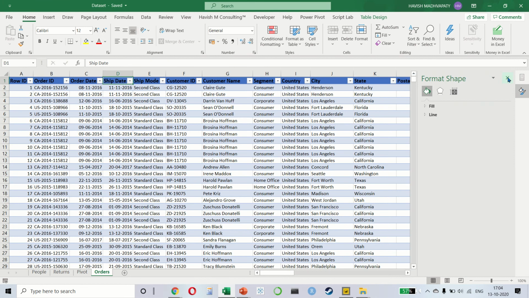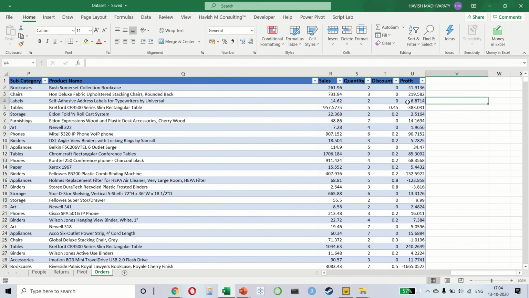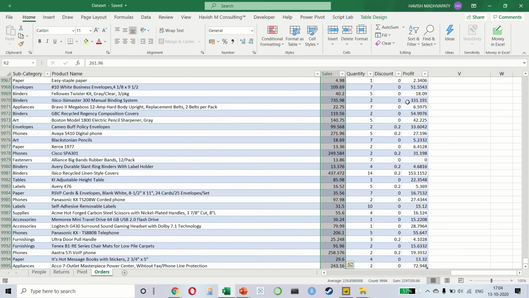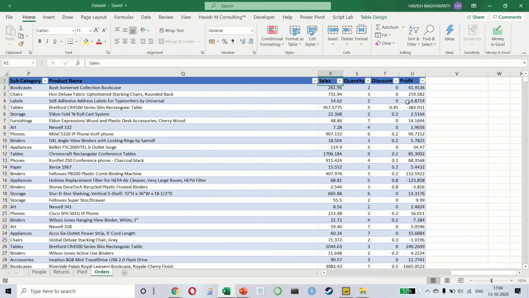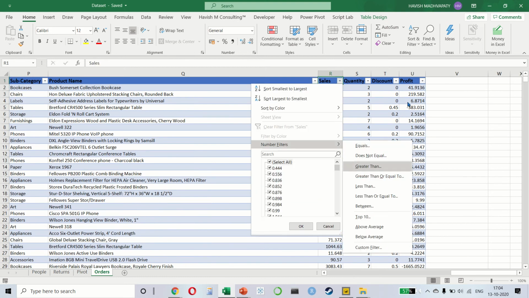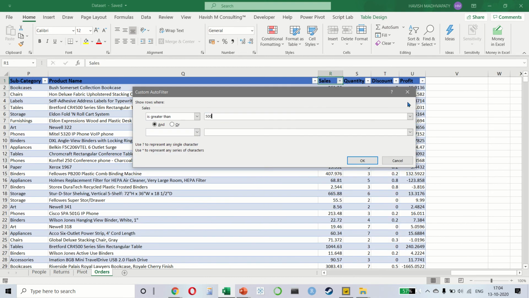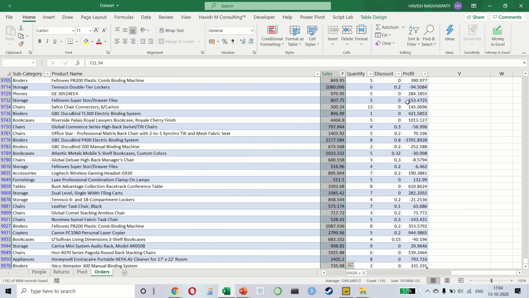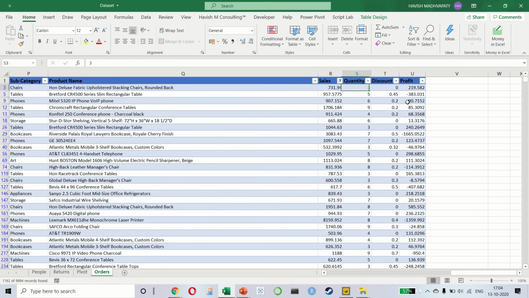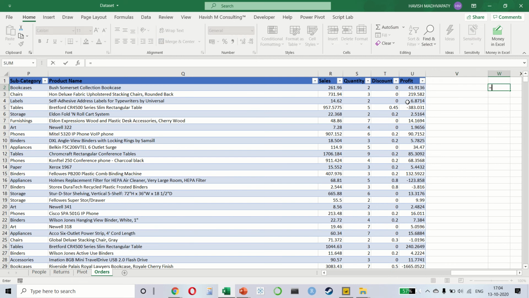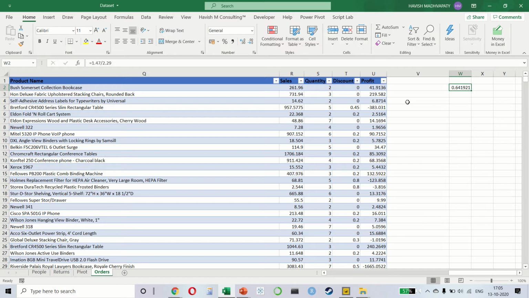If we do it manually, you will see that the total sales is 2.29 million, something we already know. But if I filter values greater than 500, you will notice that this is 1.47 million. So in a way, I can say that 1.47 divided by 2.29 is 64% of my total volume, coming from transactions that are greater than 500 in size.